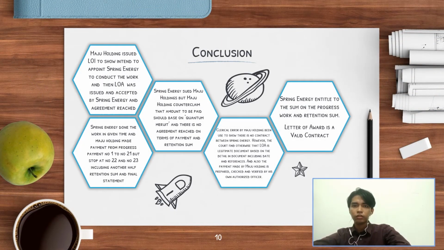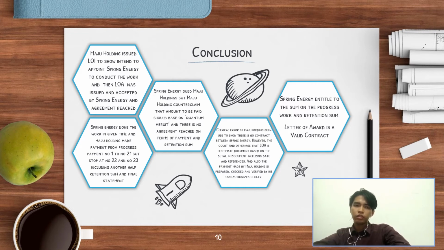Assalamualaikum warahmatullahi wabarakatuh. My name is Mohamad Zafarullah Roslee. Today I will conclude the case between Spring Energy Sdn Bhd and Maju Holdings Sdn Bhd. Maju Holdings Sdn Bhd issued the LOA to Spring Energy to become subcontractor for a certain project. Then both parties agreed to make a legal relationship between them. Next, Spring Energy Sdn Bhd did all the work in the given time period,